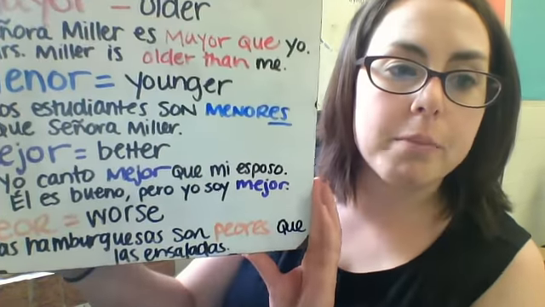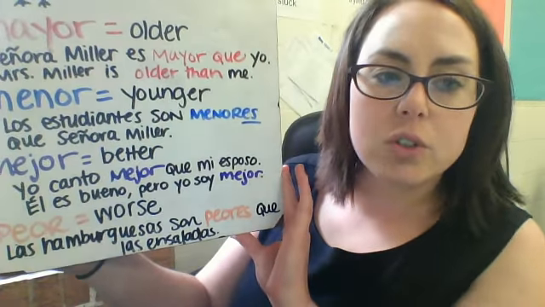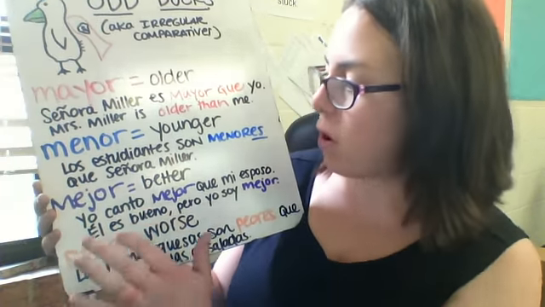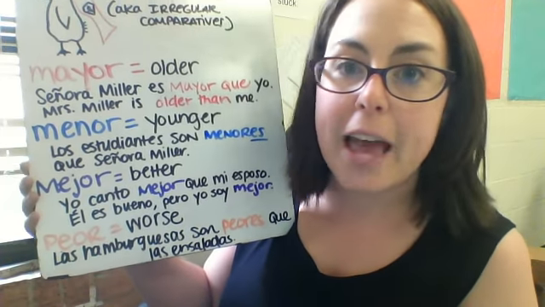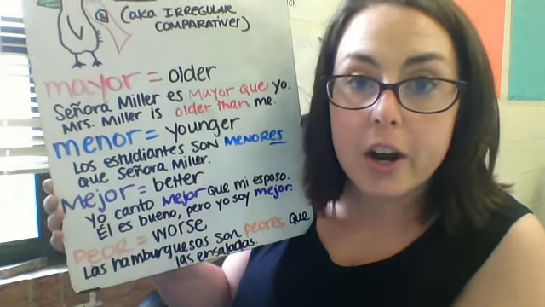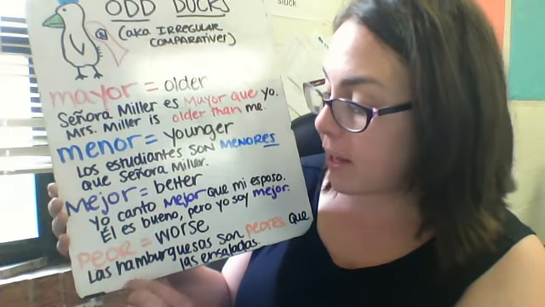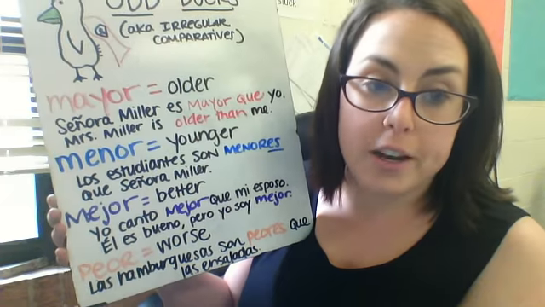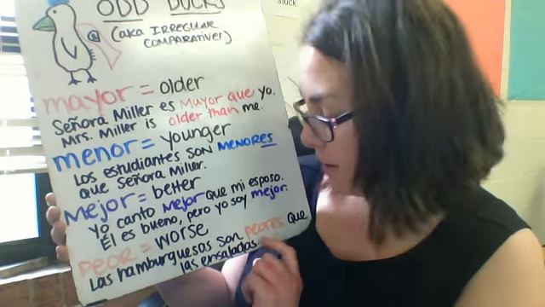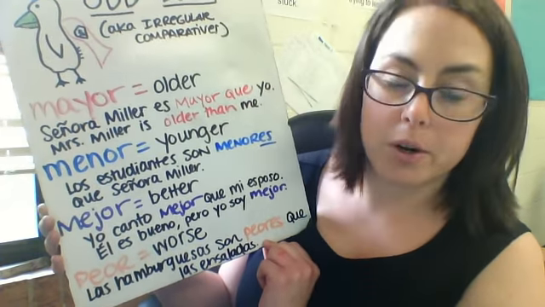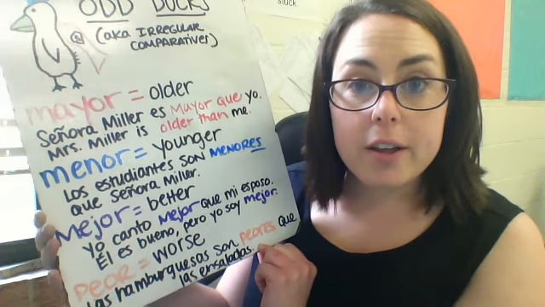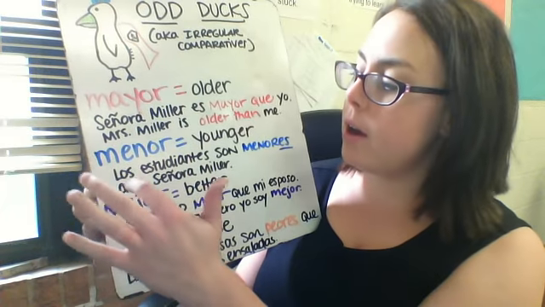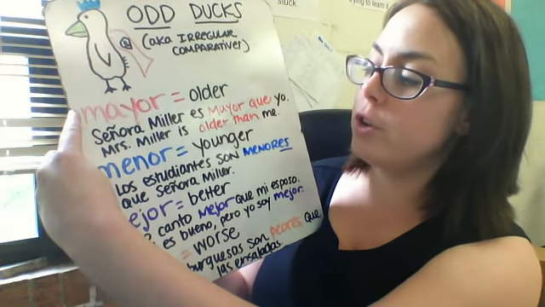And then for the last one, for peor, I said las hamburguesas son peores que las ensaladas. Notice that all these, since they end in consonants, I'm just adding es. I don't have to worry about gender. I'm just thinking about the number of the subject. And in this case, since my subject is hamburgers, and hamburgers is plural, then you're going to make the word worse plural. All right. So for your last practices, I want you to pick one of either older or younger